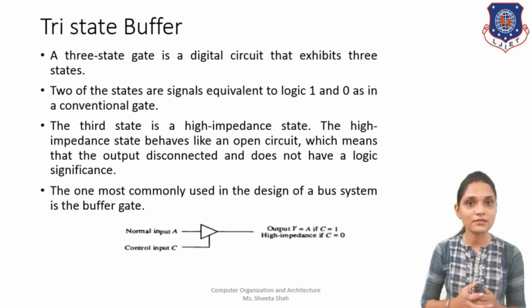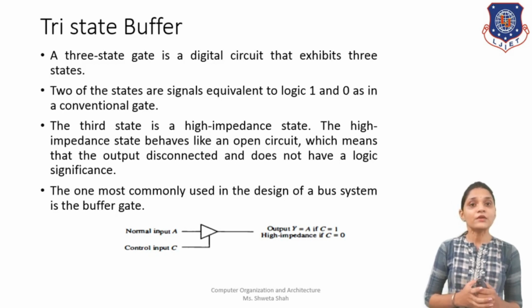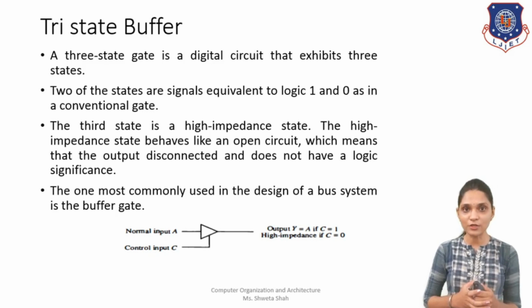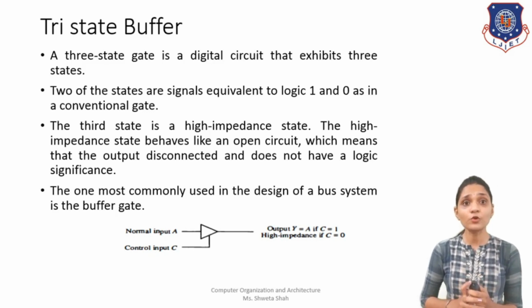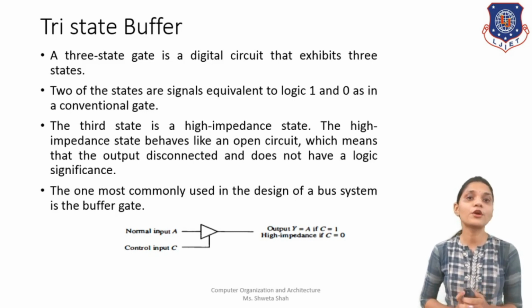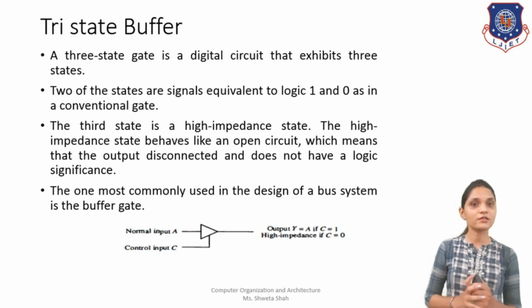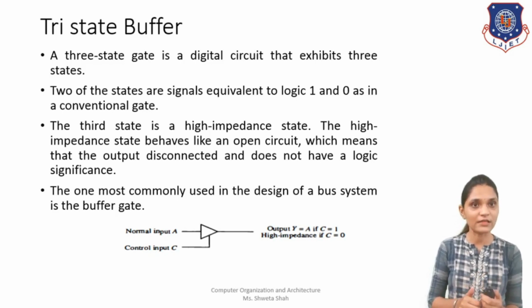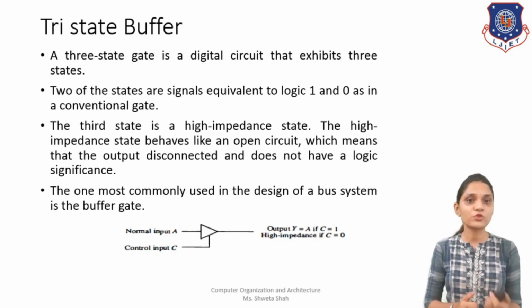Here this is the circuit diagram for a buffer gate. Here we have a total of two inputs. One is a normal input, another is a control input, and one output, that is output Y. This output Y is equal to normal input A if and only if your control input is activated. If your system is using active high signals, that means your control should be 1. If you have provided 1 at the control input, then and only then your input is going to be passed to the output. That means your Y is equal to A.